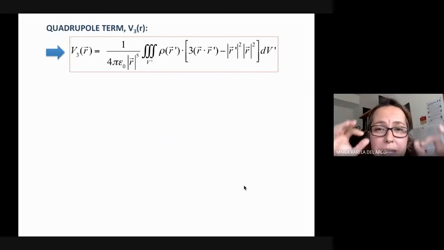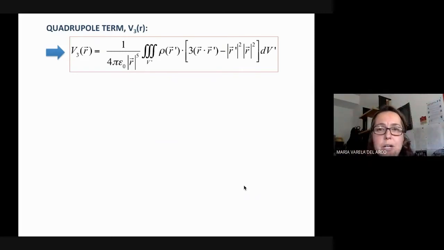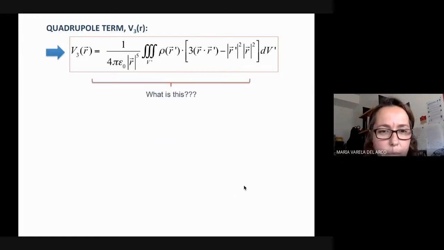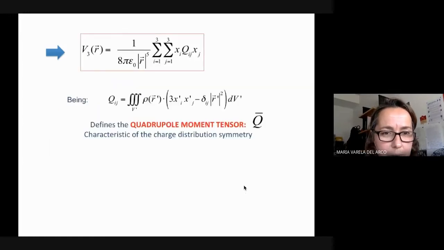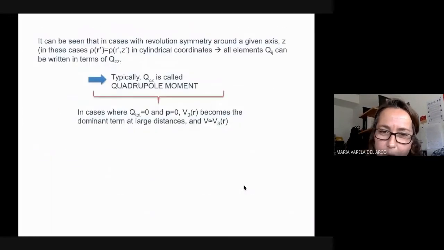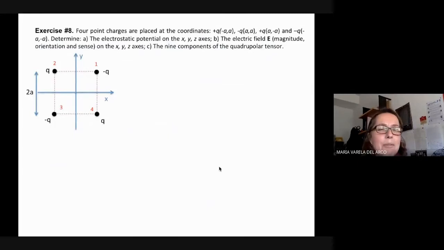For example, imagine we have 4 point charges in a square. Let's have some square, just like problem number 8, actually. Let me go forward for a moment. Right there, I want to go there. Here, imagine we have 4 point charges, like this one, placed each one of them at the vertex of a square